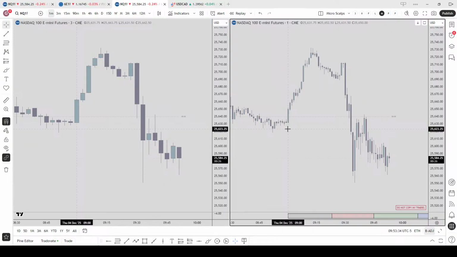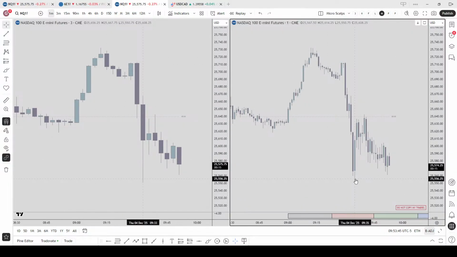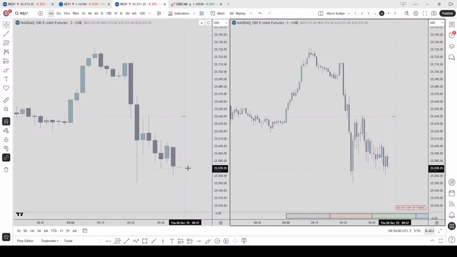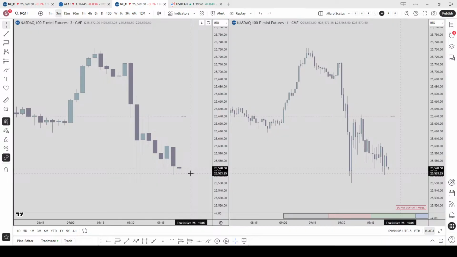So over here we have the Q1 expanding higher, and then Q2 we straight up reversed the entire move of Q1. Right now we are sort of in a consolidation, but notice how we did not take out any swing highs on the 3 minutes at all. So that would be my primary direction that I'll be looking for currently.